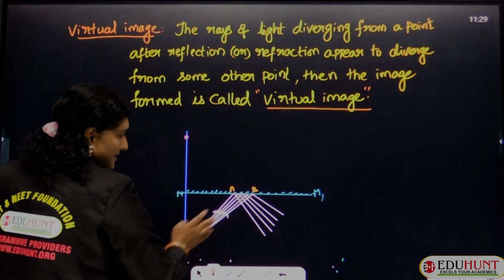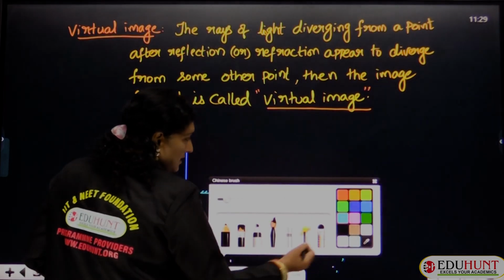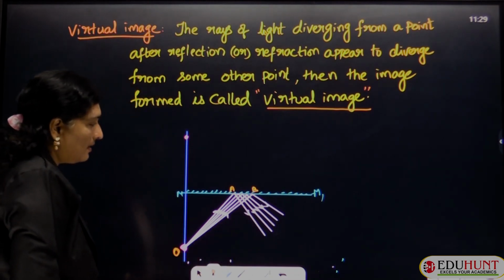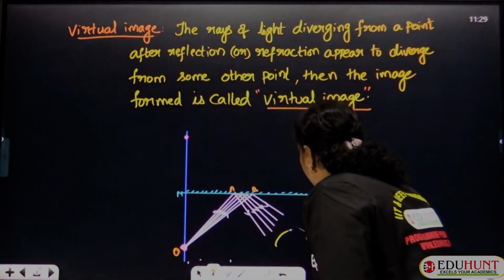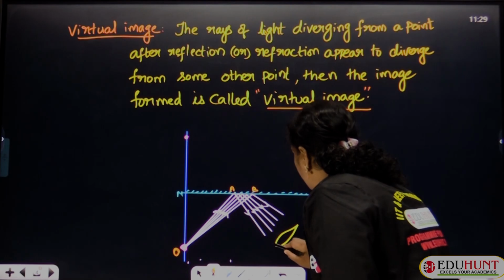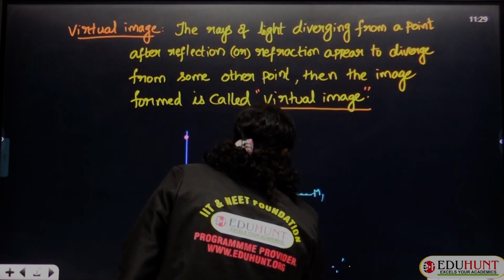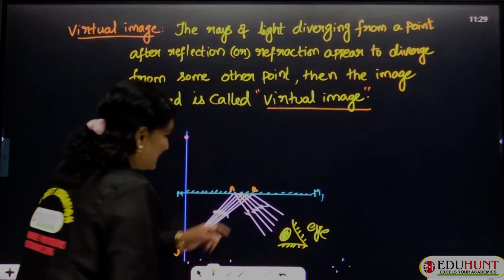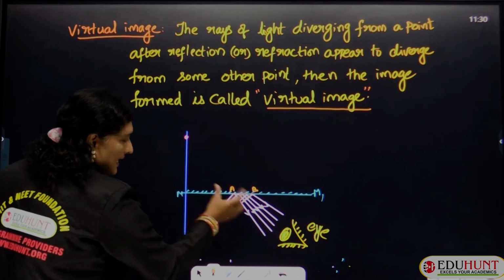We can observe some light rays between A and B. So these are the light rays, and after falling on the mirror, they are again reflected back in this particular direction. And it can be seen by the observer, the eye of an observer. So whenever this observer sees that, actually what happens, the rays from the object diverge in between A and B, and again